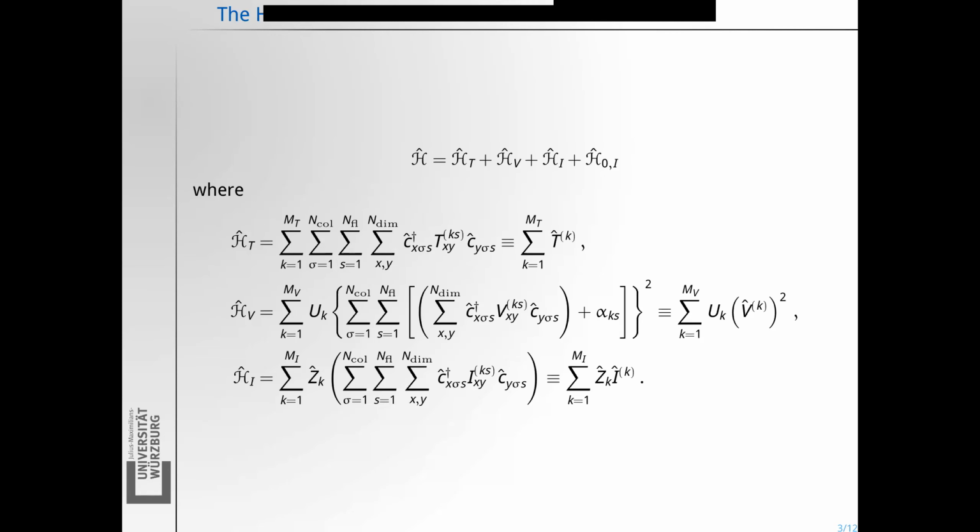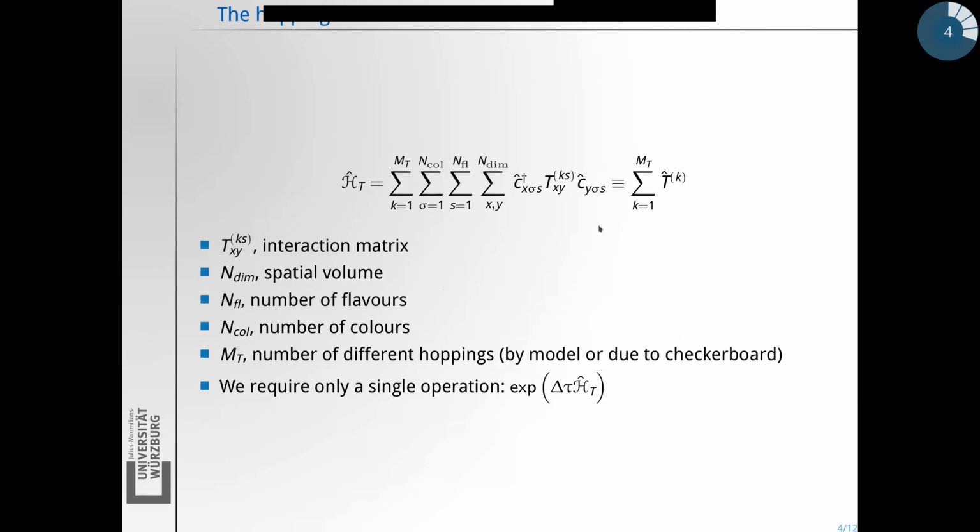So again, we have to look at the full Hamiltonian, consisting of basically three parts: the hopping Hamiltonian, the interaction, and the interaction of fermions with an Ising-like variable. And for this talk, we are restricting ourselves to the hopping Hamiltonian, given here. And we have to ask ourselves which constituent parts does it have? It does not have as many moving parts as the interaction vertex that we introduced yesterday, but nevertheless there are